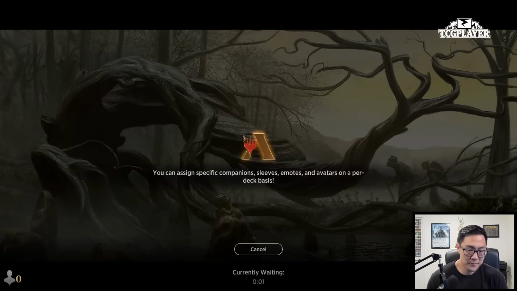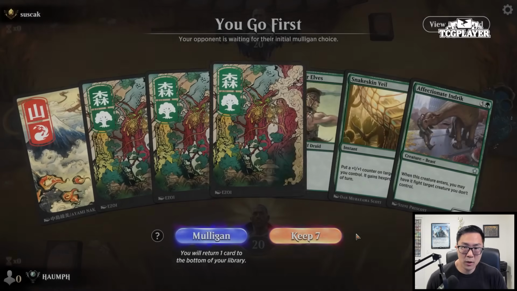4-0. Just for 4-0, that would have made us, we would have gotten into the second draft of the Arena Open. I know it's best of 3, but still. Alright, on the play...